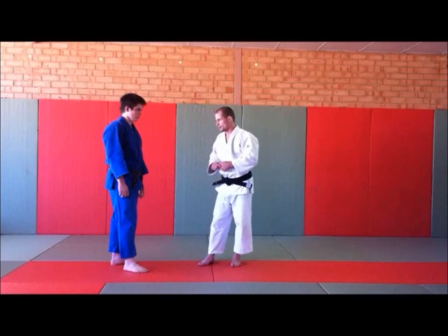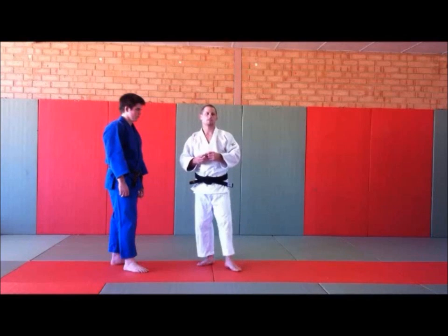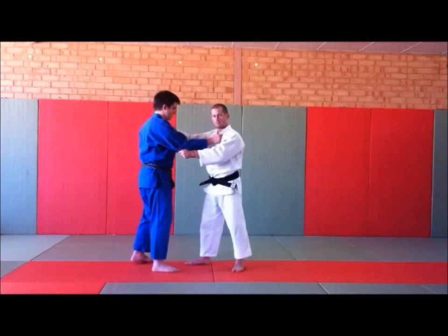Ippon Seoi is a good throw, and I'm really going to get in depth with it, because it's a throw that if you can understand the principles of what you're doing and what you're trying to achieve, you can really get good at it really quickly and start throwing a stack of people. So with Ippon Seoi, we want to start with a basic